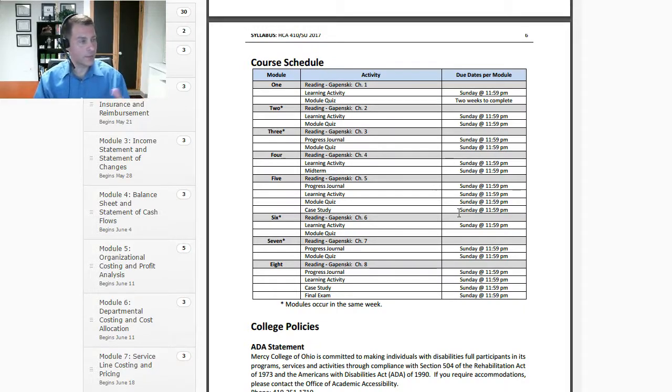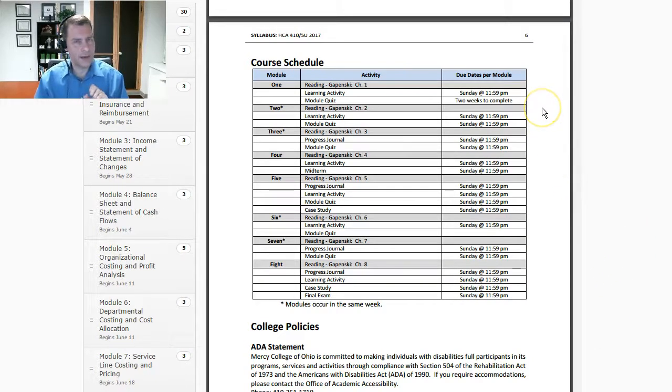So there you go. You can see when everything is due. I pretty much have unified due dates, which will be on Sunday every week. I do see actually with quiz 1, I have an error in here. We're going to actually do quiz 1. That will be due this Sunday. I'll change that really quickly. So we want to keep you on track for those quizzes.